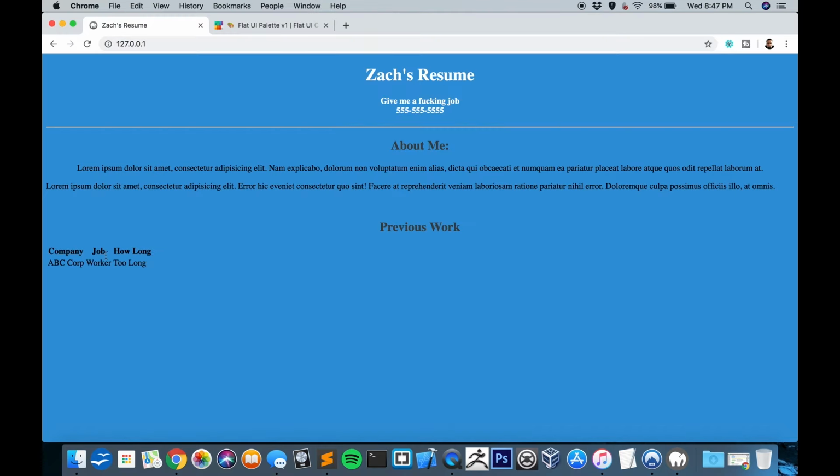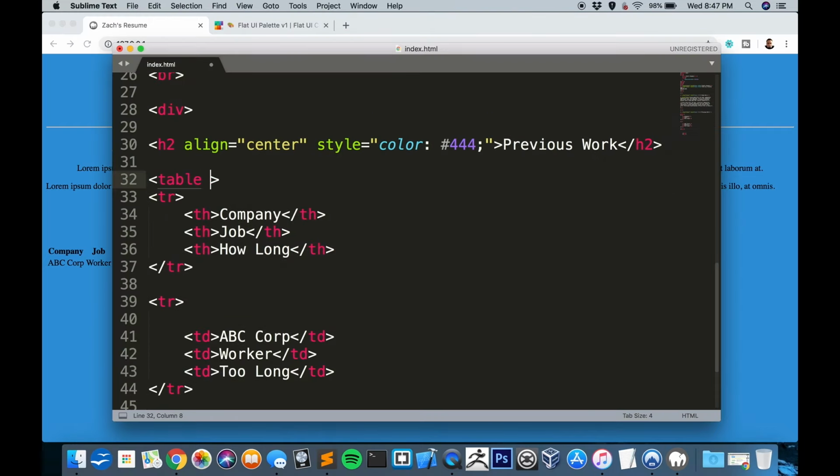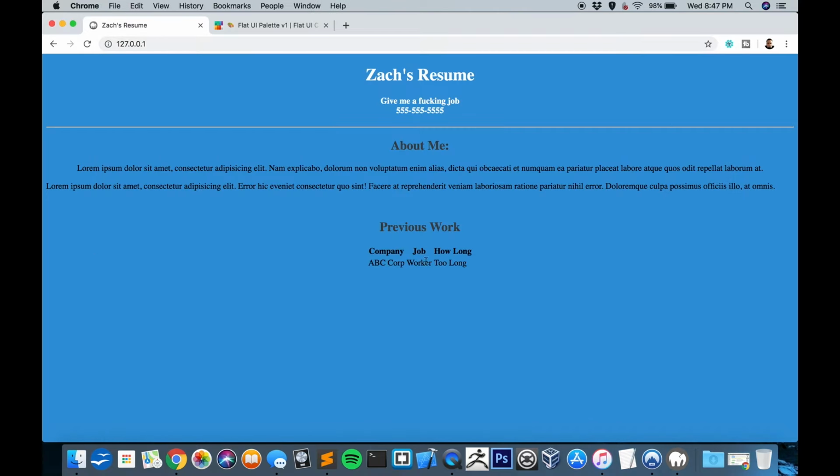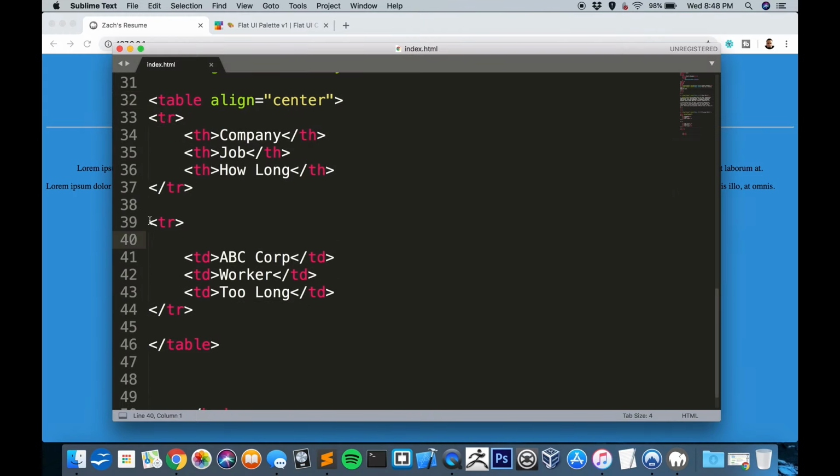Okay, so previous work. So that looks fine, but let's go ahead and align this. So table, align, center. Save that, refresh, and that looks much better. Let's go ahead and create another job under here. So if you remember right, we're going to take this tr,